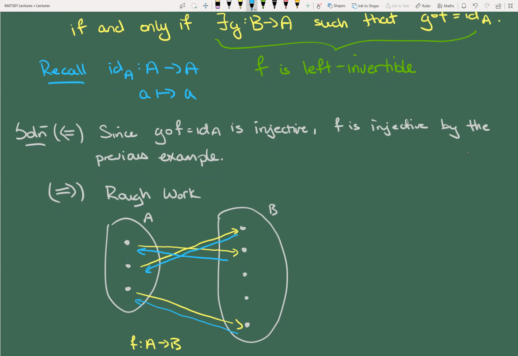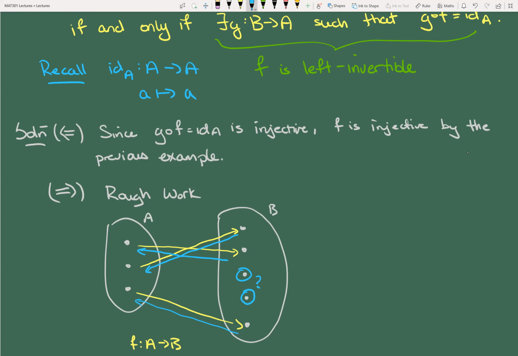And you can do that because F is injective, you're guaranteed that it's 1-to-1, which means everything on the right has at most one arrow pointing towards it. And so you can just follow it back. And the thing you'll get is a function, right? You won't have one thing on the right pointing to multiple things on the left. So the only thing we now have to do is figure out what to do with these last 2 points,